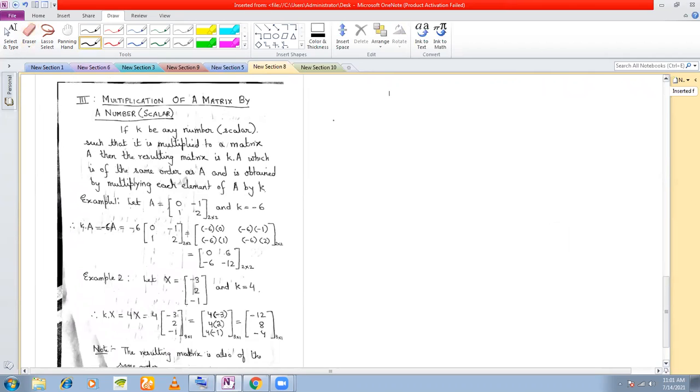Okay, let's take an example. Sir, do we have to look for both A minus B and B minus A? No, they will specify in the question whether you have to find A minus B or B minus A.